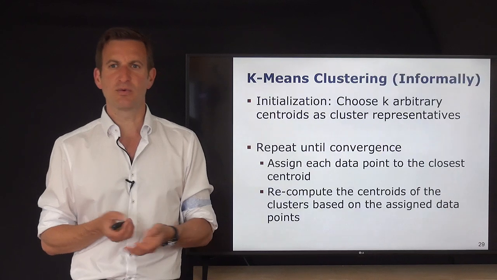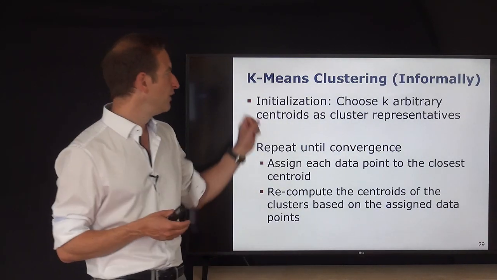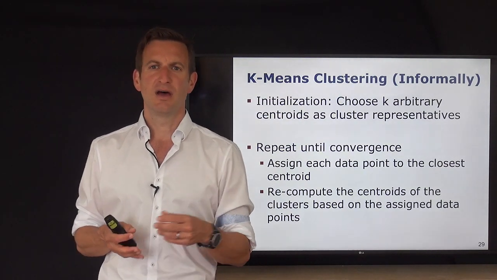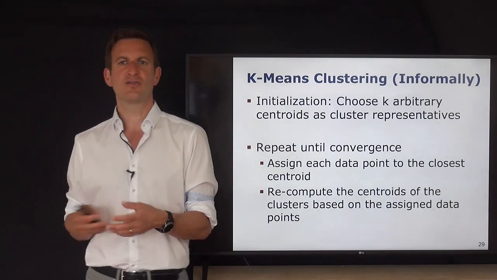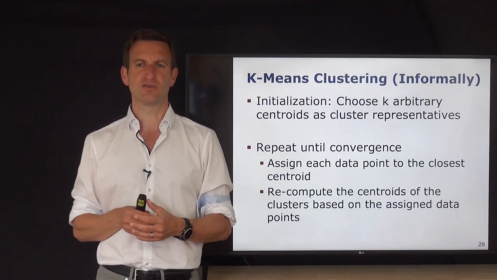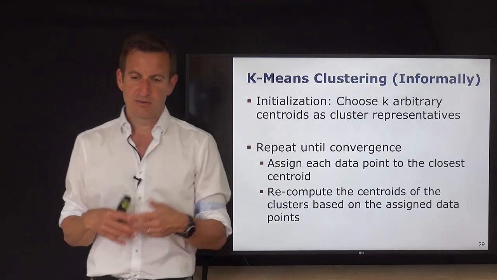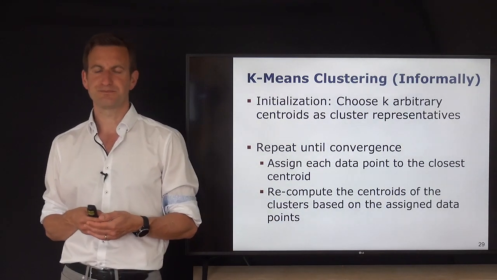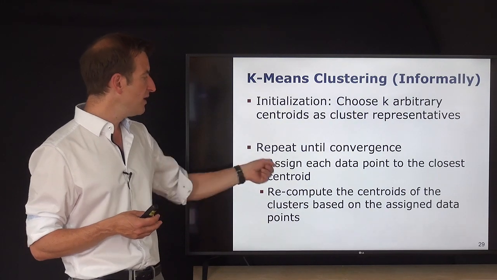So how does k-means work from a technical point of view? First we could do it informally and then present the algorithm. So we do an initialization. This is typically a random initialization. For example, we randomly sample k data points and say these are the centroids we start with, our initialization of the clusters, and then we will revise those centroids. You can choose another initialization, but randomly drawing from your data points is not a too bad starting point. And then what the k-means algorithm does is repeat until convergence